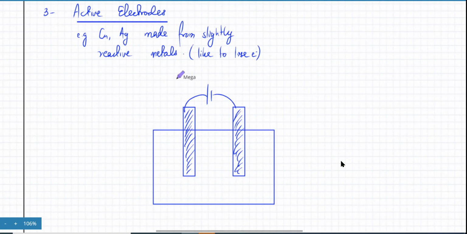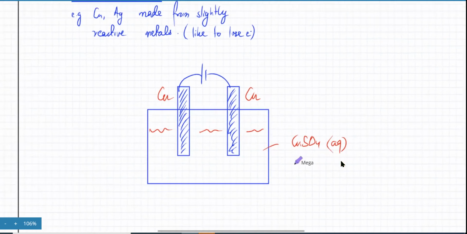Now, let's assume that these electrodes are made from copper, and I'm trying to electrolyze a solution of aqueous copper sulfate. So my solution is going to have multiple ions. It's going to have Cu 2+ ions and SO4 2- ions. There's going to be H+ ions at the cathode, and there's going to be OH- ions at